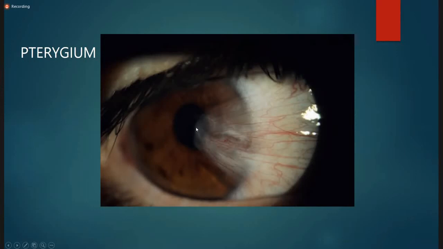They can cause decreased vision when they directly invade the pupillary margin, or when they are mild or moderate size, they can cause astigmatism. When they are mild cases, just touching the limbus, they only cause irritation. In the advanced stage, they can cause astigmatism, and in the third case, they cause decreased vision through direct proliferation up till cornea.